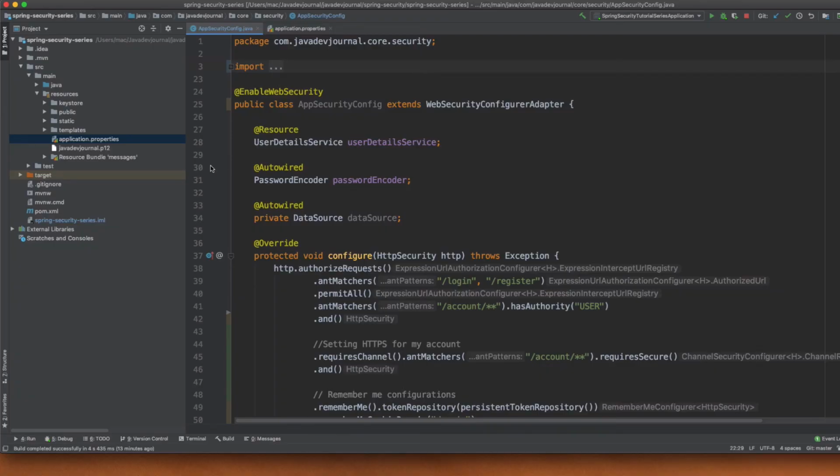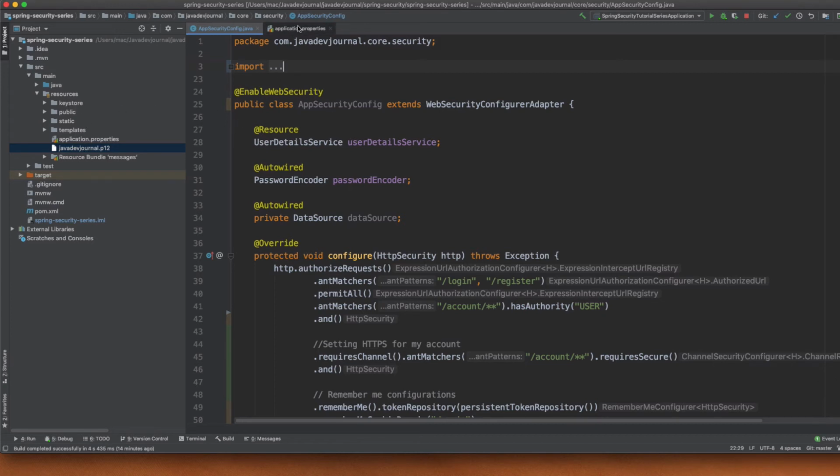All right, so my cert is generated. What I have done is put that cert under the resource folder. Okay, so this is my cert. If you want to manage it differently, maybe you have multiple certs, or you're already using a cert for some other things in your application, you can create a folder and put this additional cert into that location.